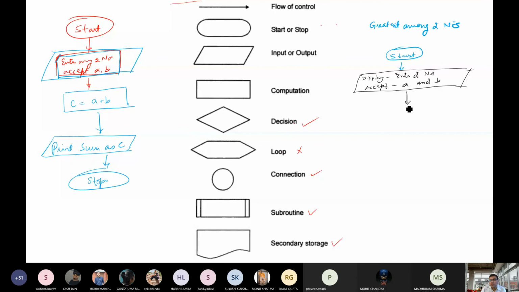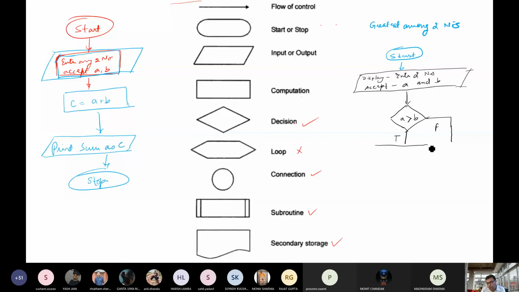Now your turn starts: whether A is greater than B or not. So this box is coming, whether A is greater than B, if it is true or if it is false. This condition is false or this condition is true.